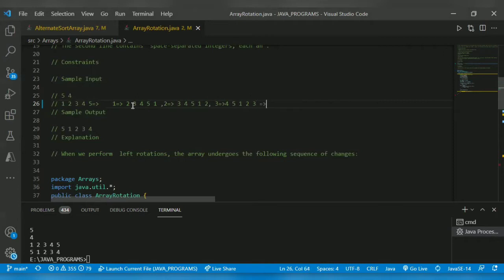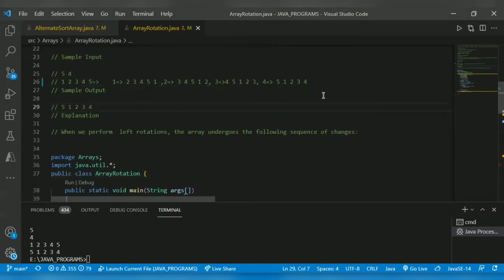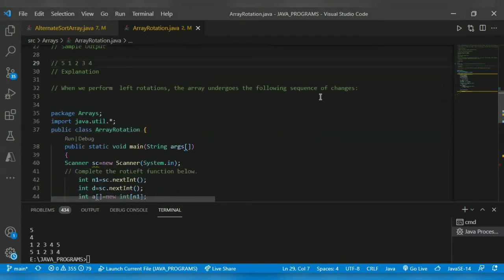For fourth rotation, the array will become 5 1 2 3 4. Yeah, this is our expected output. 4 times the array will get rotated in left side. Okay, shall we begin with our program?